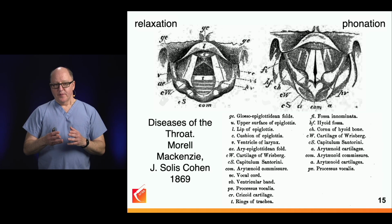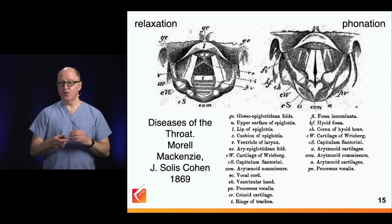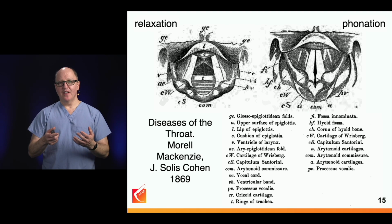These are wonderful old images through drawings made by J. Solis Cohen. J. Solis Cohen, one of 5 brothers who served in the Union Army, he and his 5 brothers, all physicians, served in the Union Army. But after the war in 1869, he went off to London, and he studied with a guy named Morrell Mackenzie. And he was doing work with mirrors looking at the larynx, and they first started describing the anatomy of the larynx. And what I love about these old pictures